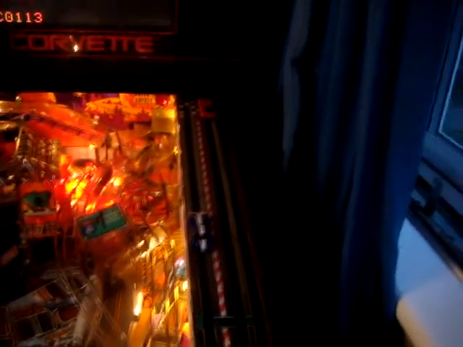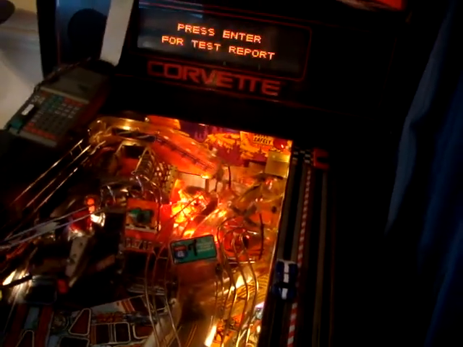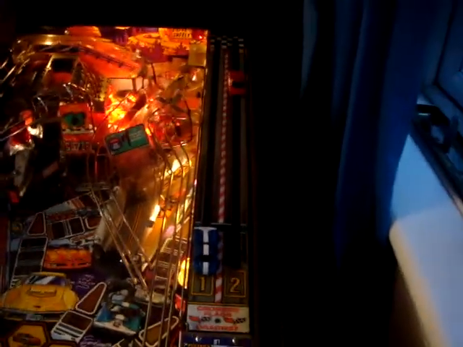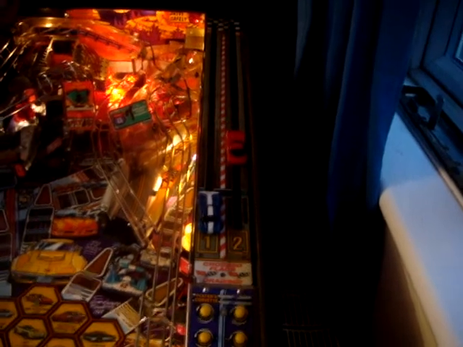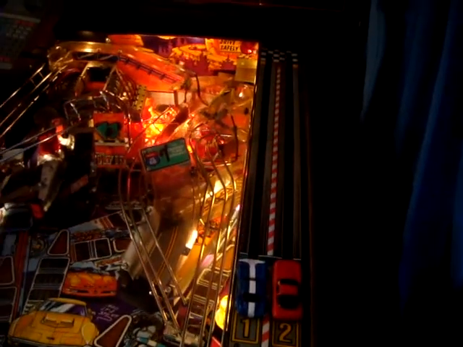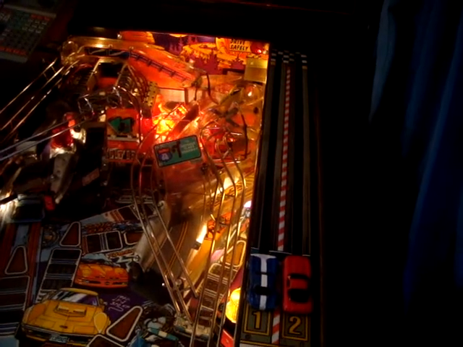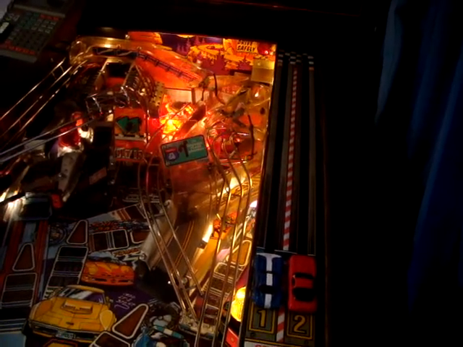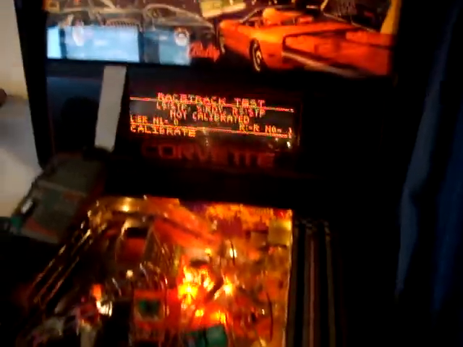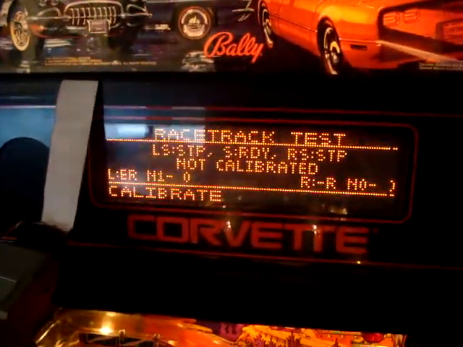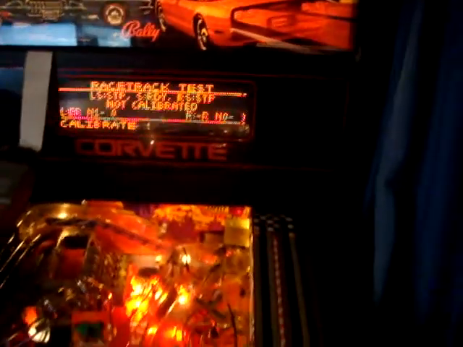Alright. It's racetrack testing time. Way little cars work. Right, here we go. So we've got a racetrack test menu, and we should be able to move the cars